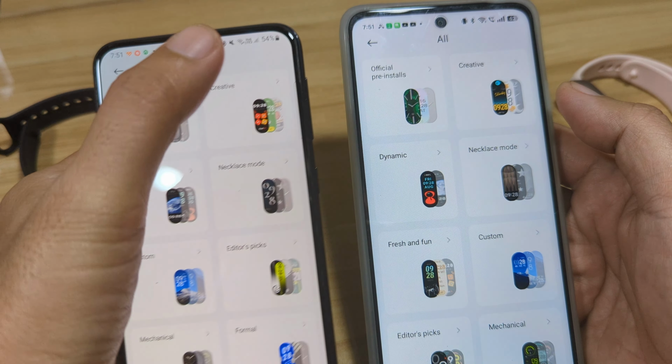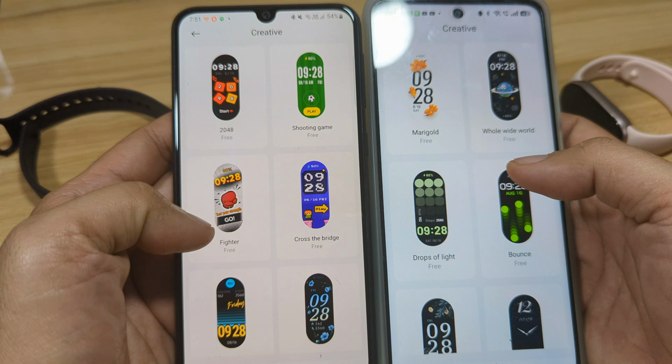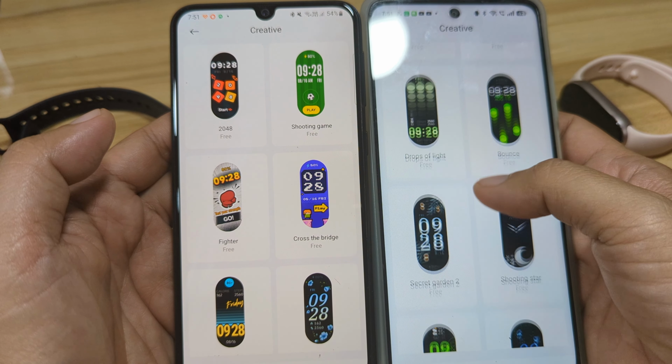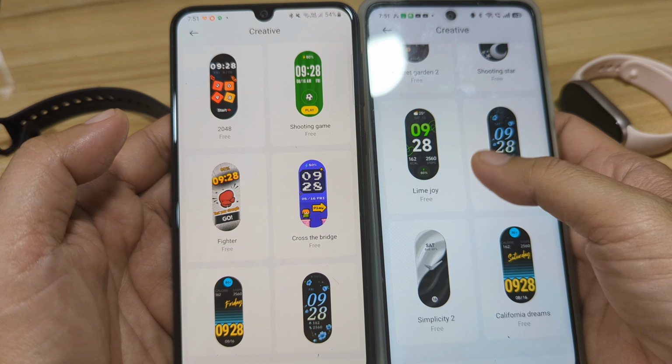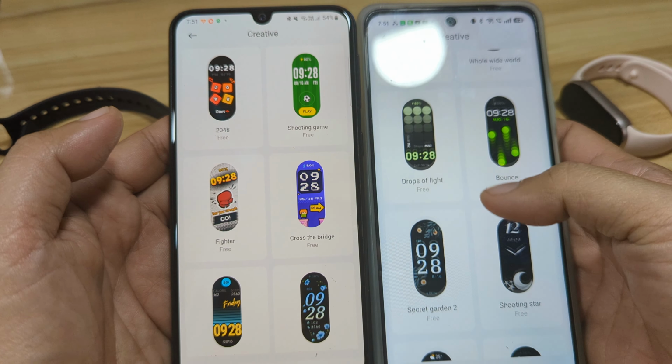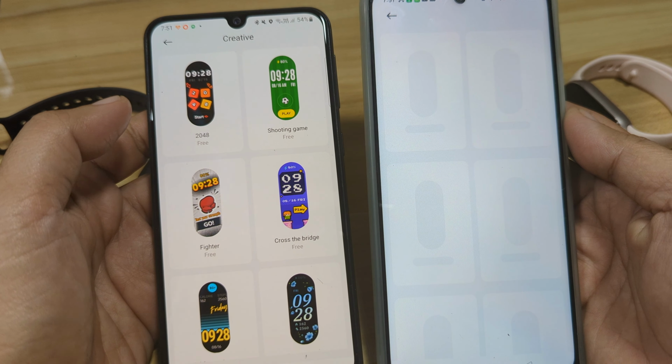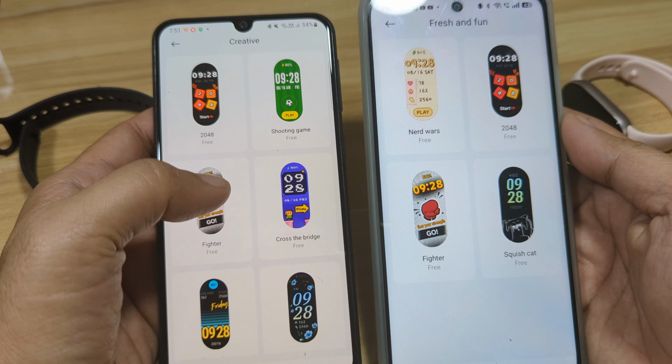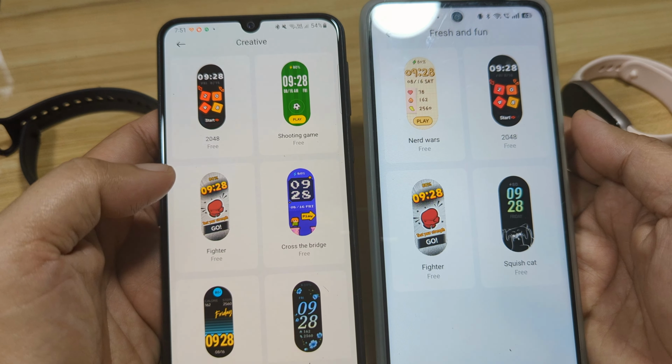Okay, so we have here the Cross the Bridge game, the shooting game, 2048, and fighter, just right in the creative section. But here in our Xiaomi Smart Band 10, these games are not available. I think they are available in the fresh and fun category, but we don't have the Cross the Bridge.